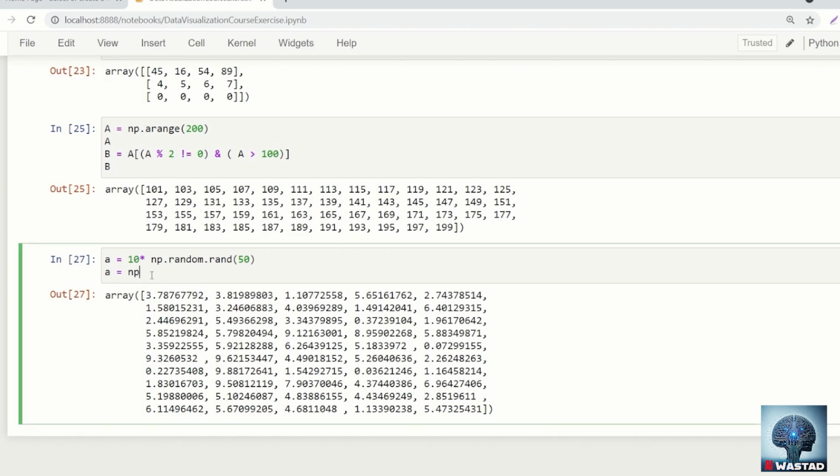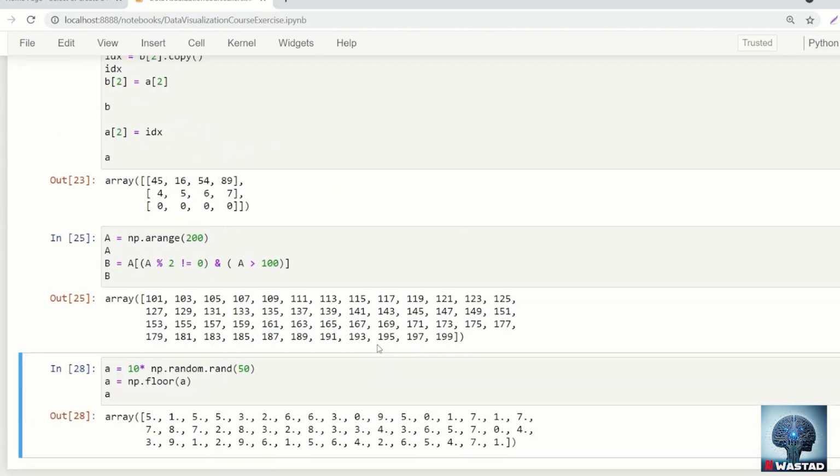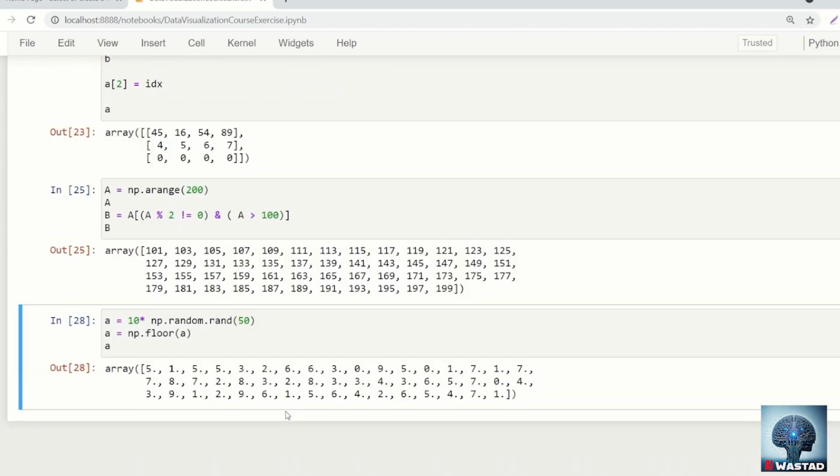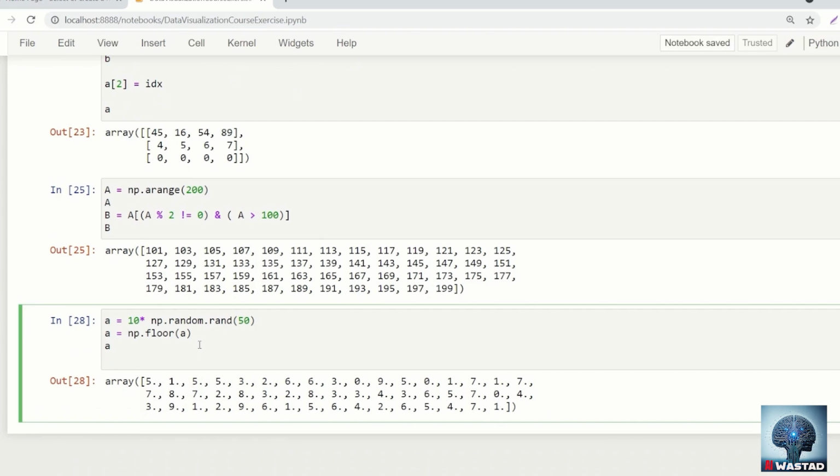So we were introduced to floor, right? If we do this, this should remove all the decimal values, right? So now we have 5, 1, 5, 5 and all. So that's a solution to our task. And then we were supposed to make